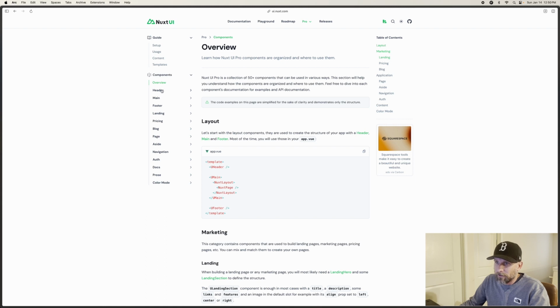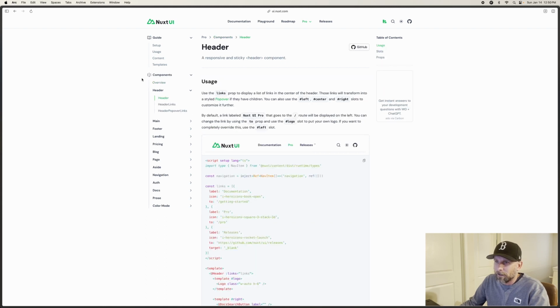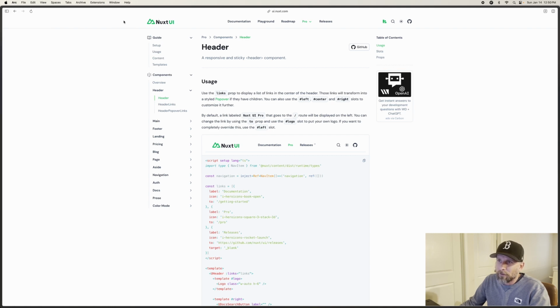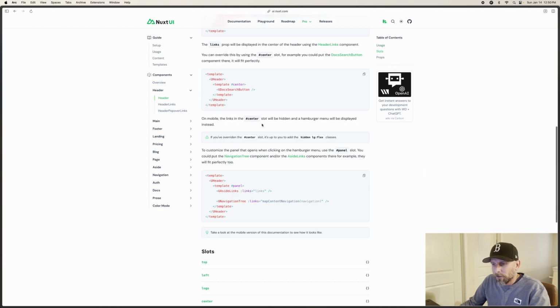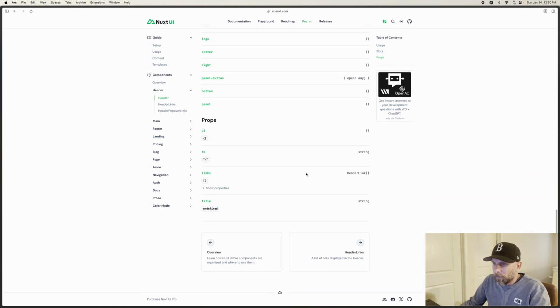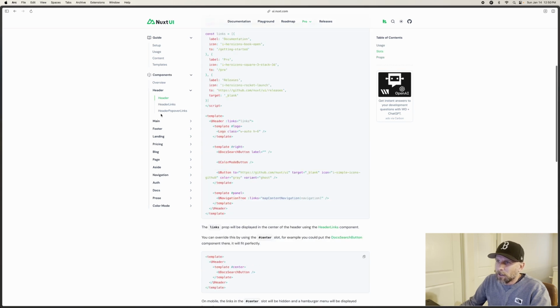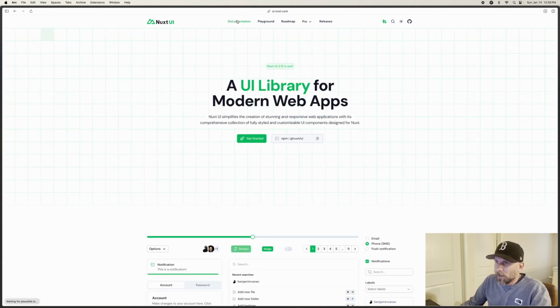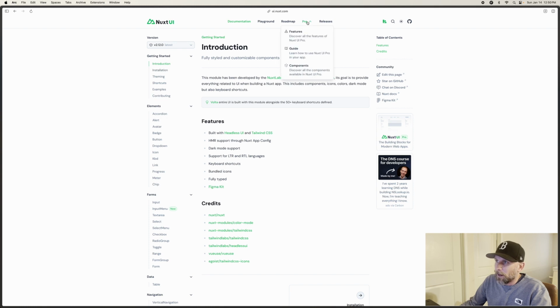But again, one of the things I found here is specifically with the header, right? See how it doesn't go the full width of the page? I think in a modern web app, most things go the full width of the page. And there is a way to do it when you're developing, but it's not giving me these UI props, and we'll get into that in the documentation. So it's just saying, yeah, you can do it, but how do you do it? So regardless, really powerful UI library that is built on top of Tailwind. And then if we even go to the installation piece, I want to look at the